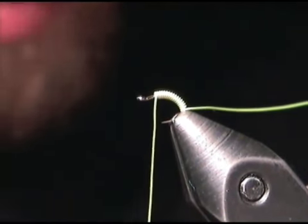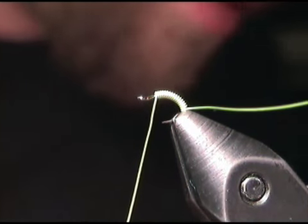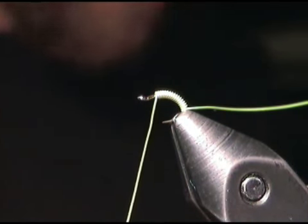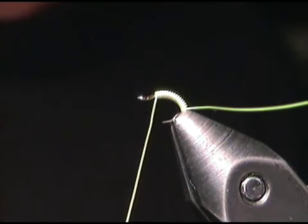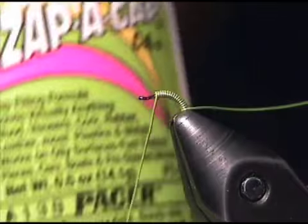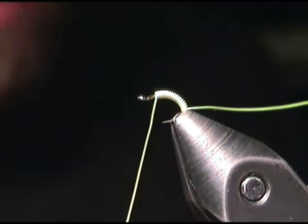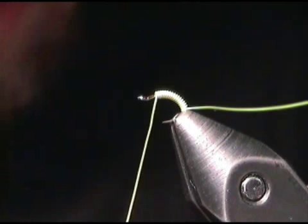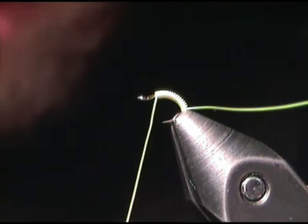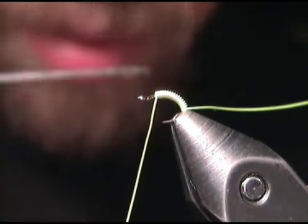Okay, now at this point I'm going to take a bodkin and a very small amount of this wonderful stuff called Zap-A-Gap. I picked this stuff up at Daniel's. It was a couple bucks. And when I say a small amount, I mean a small amount. Not a whole lot here. Actually, I'm going to wipe some of this off. So,